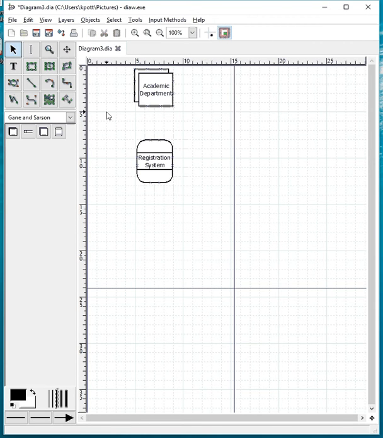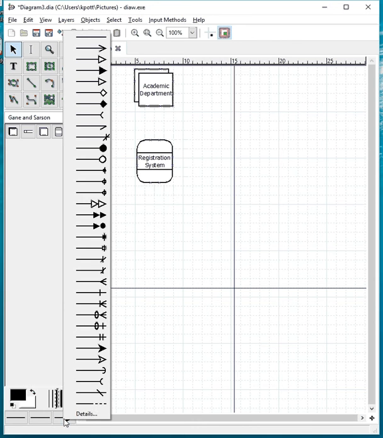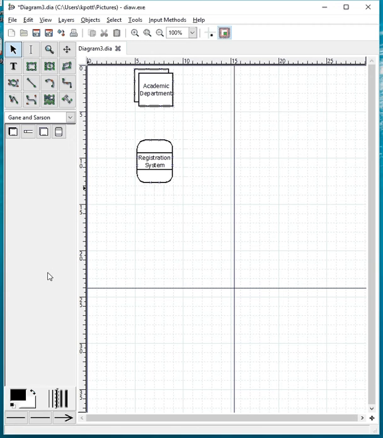The next thing we wish to do is to make sure that we draw a line. We can choose the kind of line that we want drawn from a wide selection. We're going to choose the arrow type. You can choose anything you wish as long as it becomes readable and makes sense. Then we're going to draw a line. This time, in this case, we're going to draw a straight line, starting with our academic department and concluding with